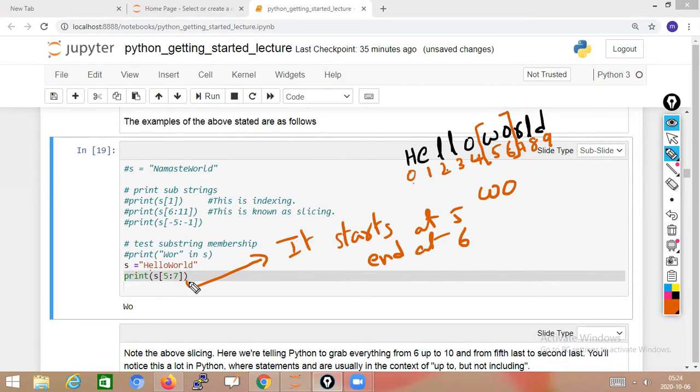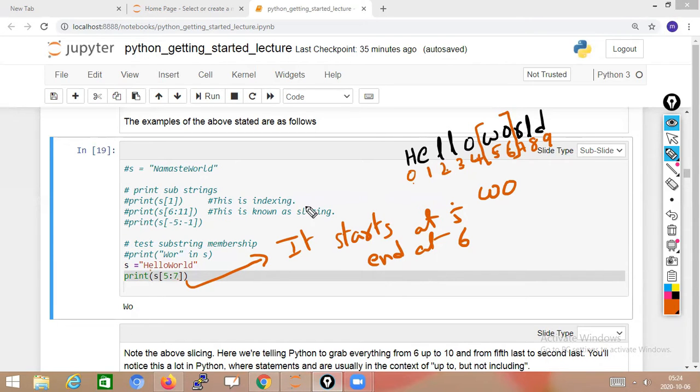Remember this, one will be less. 7 means 6. If it were 8, it would be 7. So it starts at the fifth position and ends at the sixth position, 5 and 6, which is WO, the required output.